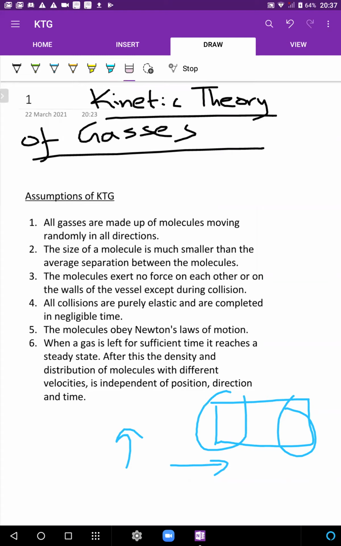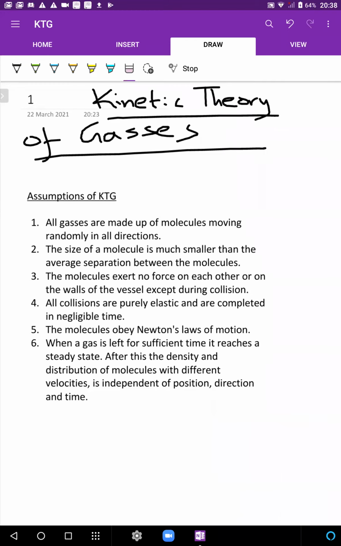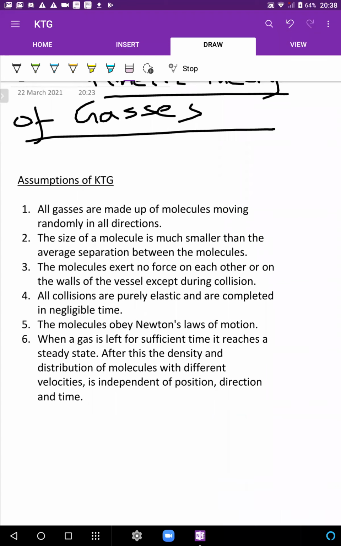Molecules are equally divided in the vessel, and even molecules going up are equally divided. Molecules going down are equally divided. Fast moving molecules are equally divided. Slow moving molecules are equally divided. That's the idea. And this division is independent of time. Even as time progresses, you will still assume they are uniformly, equally divided. Which is quite a fair assumption on a probability note. Okay. So those are your assumptions of KTG. Simple stuff. Just remember the essence of what they are trying to say.